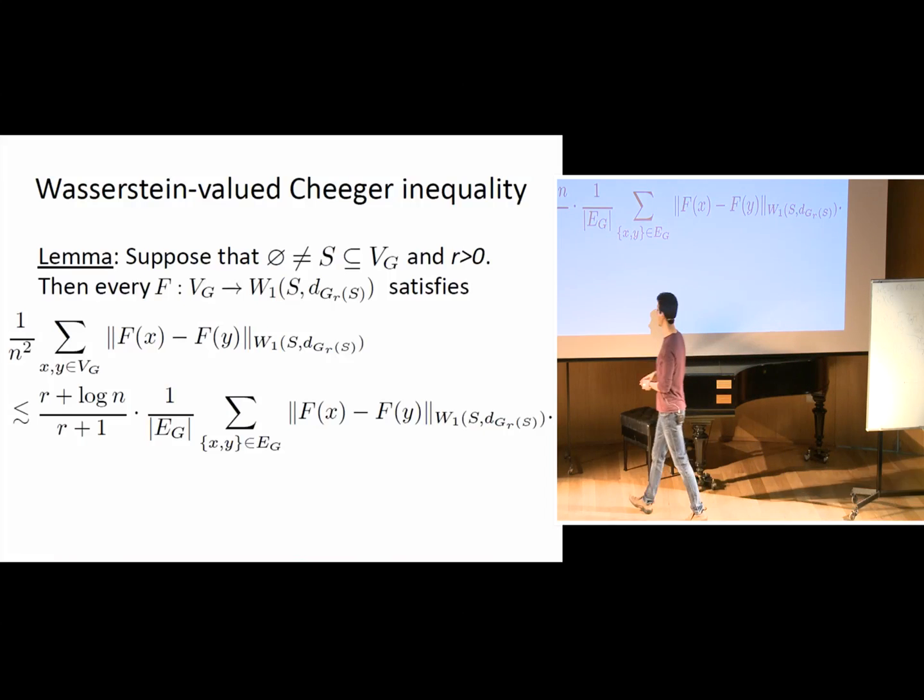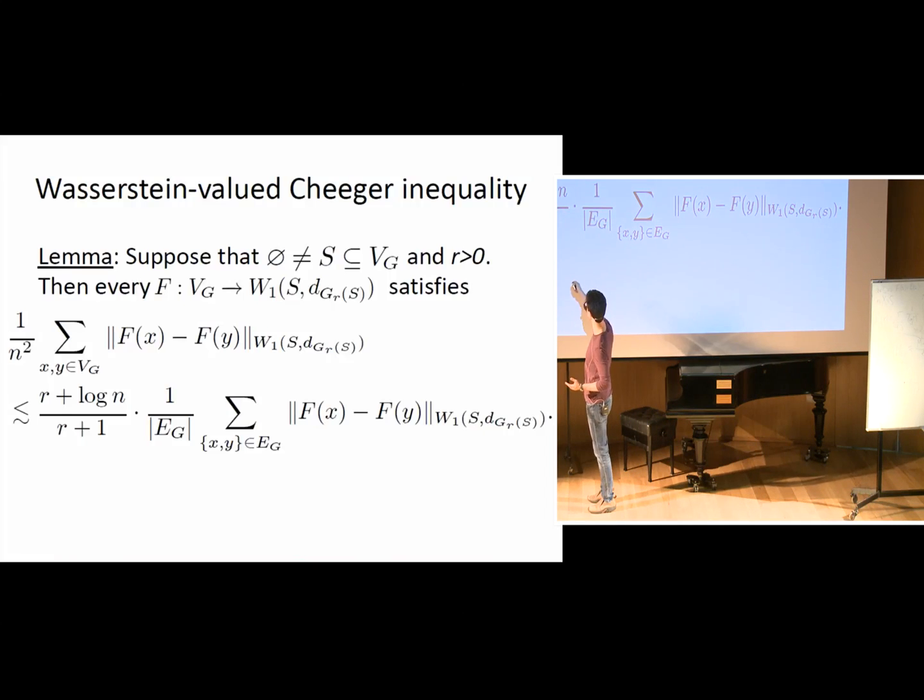In the end, if we jump to the end, r will be root log n, so this is going to be root log n here. That's when you optimize at the end. Okay,